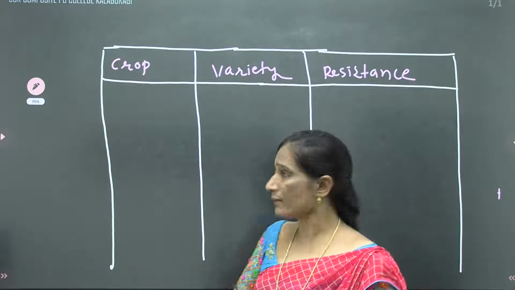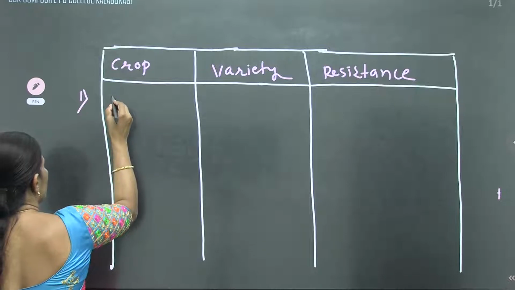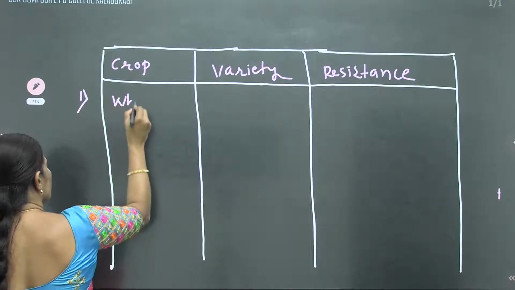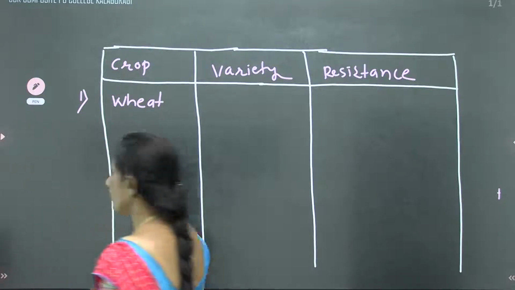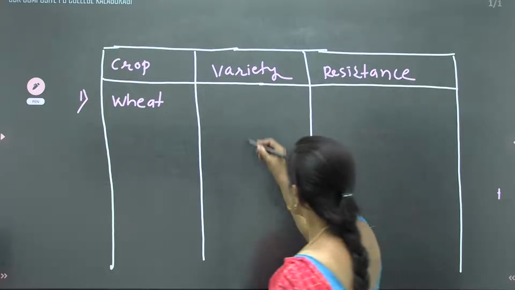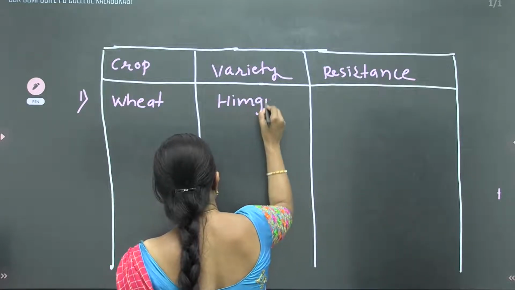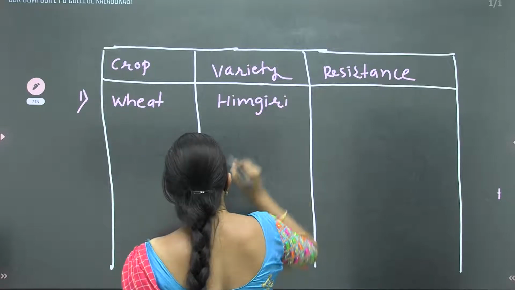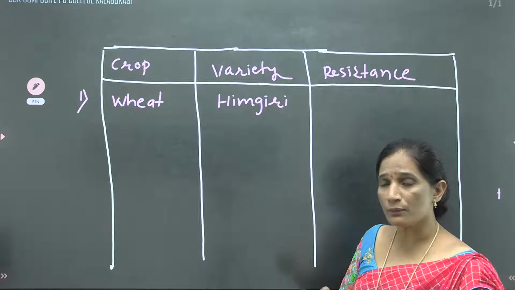Which crop here? The first crop name is wheat. Okay, the first crop is wheat. The variety is Himgiri. And this variety is resistant to